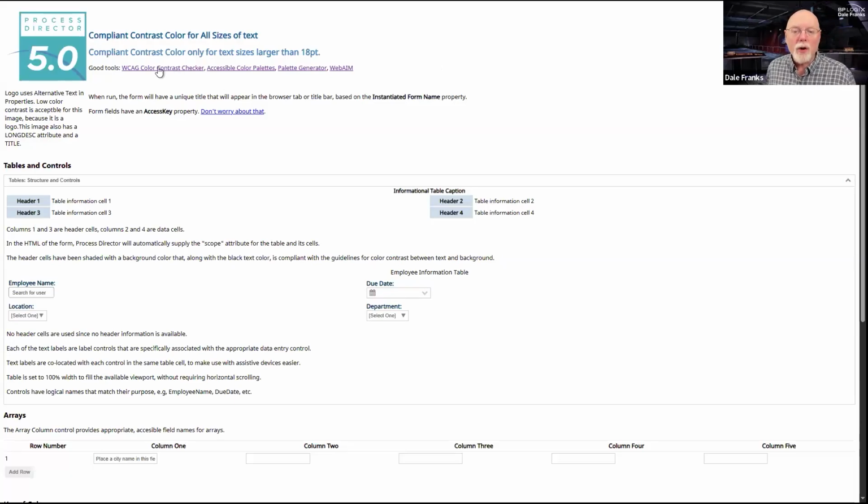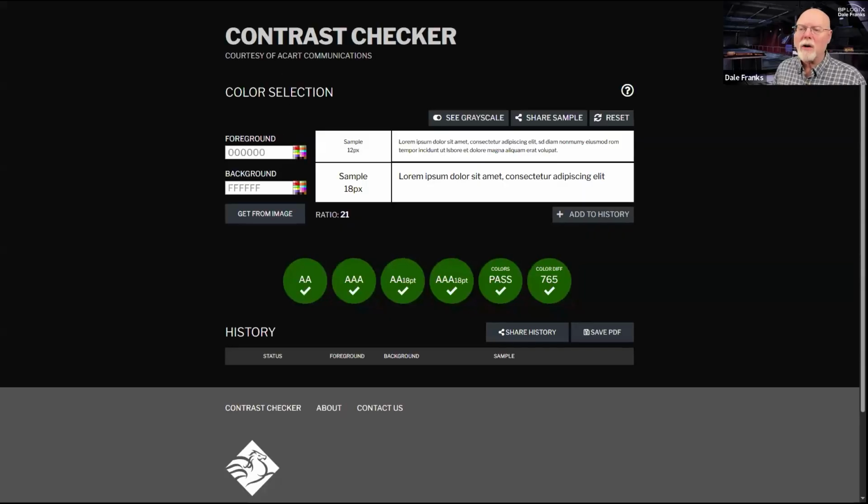Now, there's a great little tool for this. In fact, there are several tools that we'll look at, but the primary one and the one that I use all the time is the color contrast checker. It is at contrastchecker.com, and it is a great contrast checker. So let's take a look at a white, or this is foreground, 000.